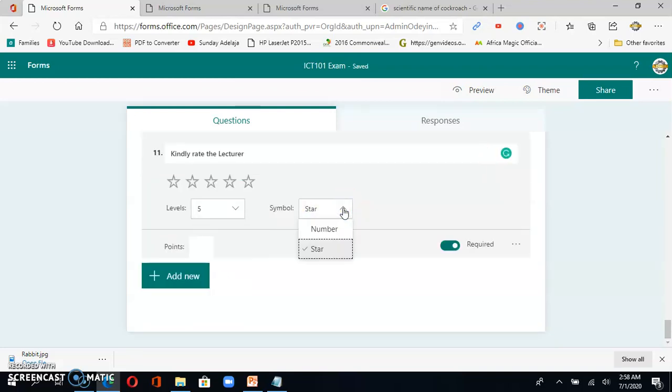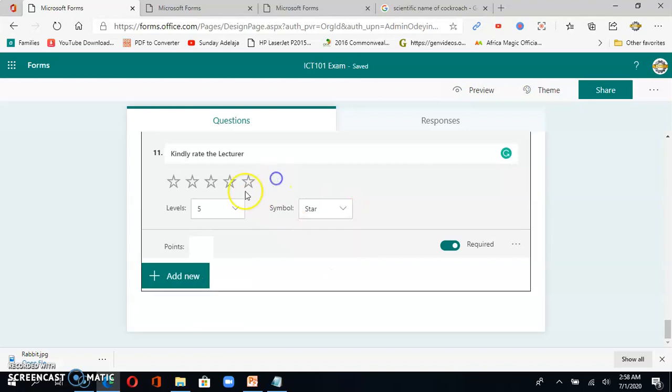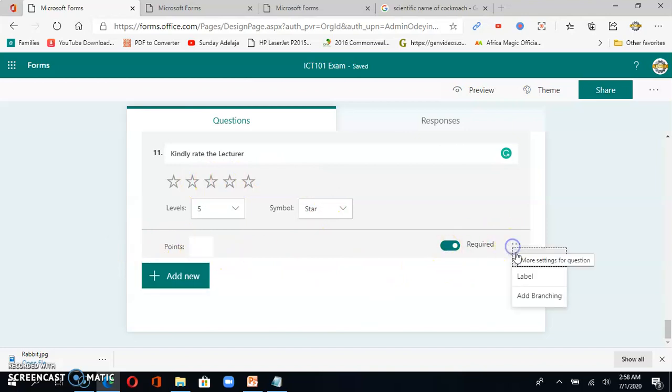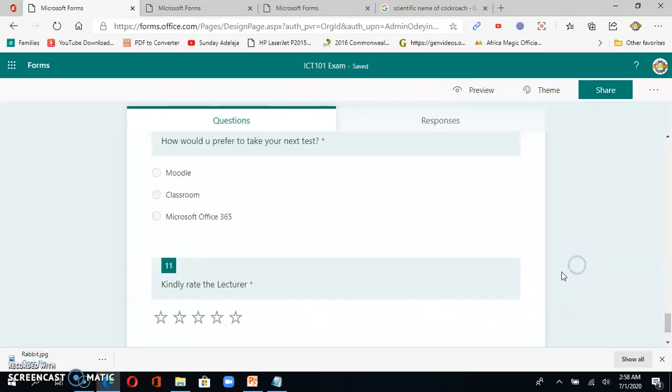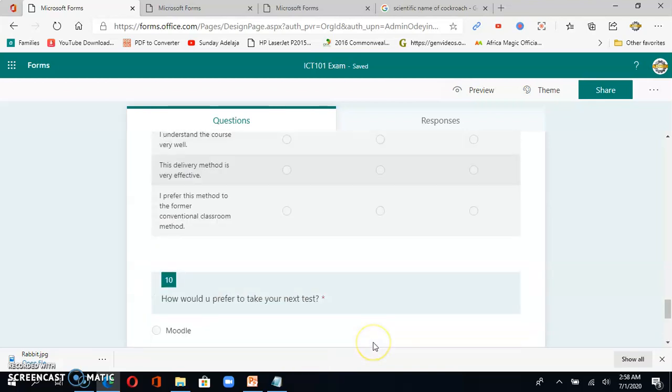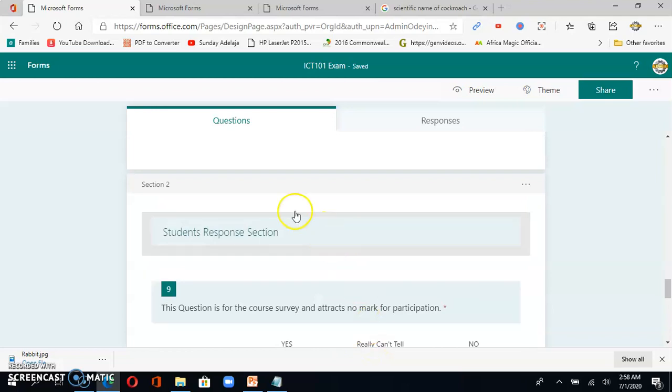We want 5 levels and we want stars. 1 star, so the 5 star, 4 star, 3 star, like that. Required, no points, no label. So now we're done with this. Now I'll show us something